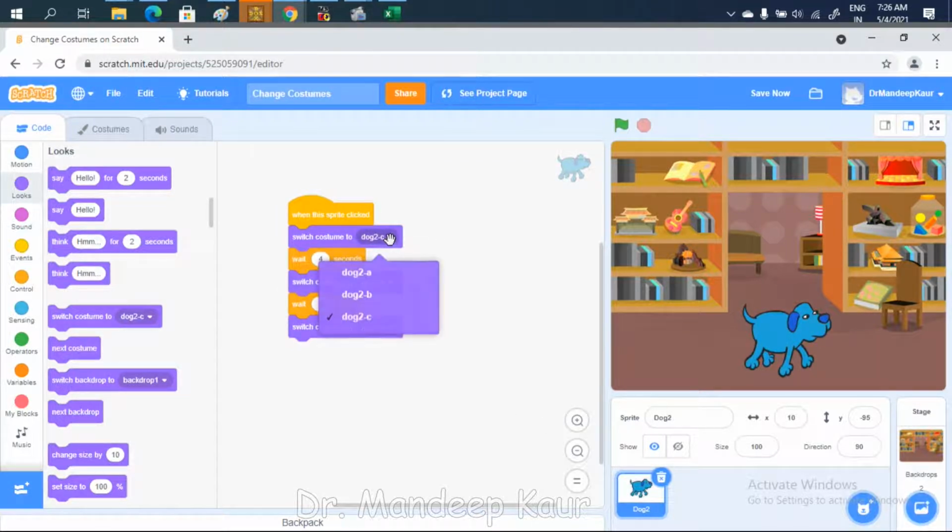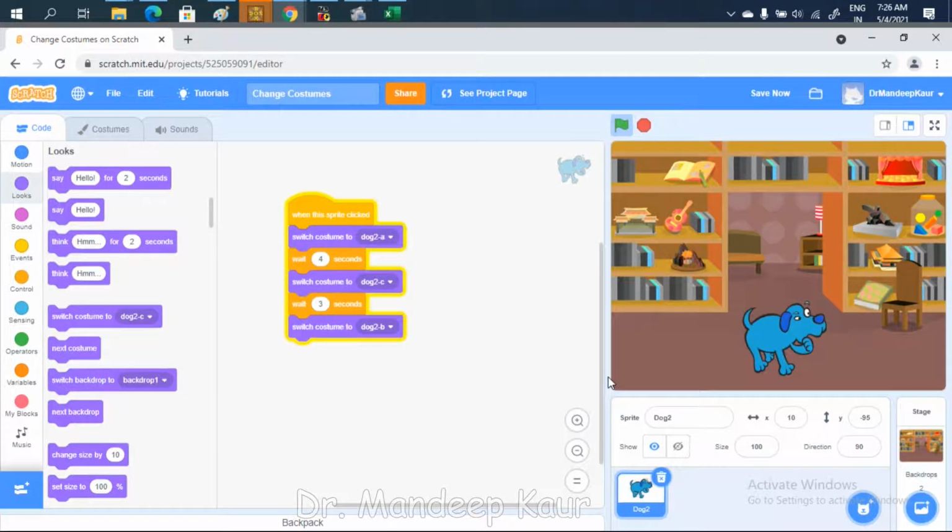So what you want to do is I'm selecting A part here, C part here, and B part here, so that you can have a beautiful look. So for the first position, it is like he is going forward, then he is thinking of something, and then again he is going. Fine.